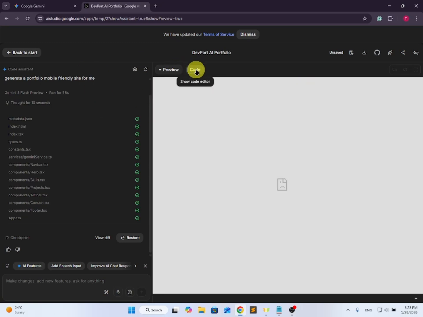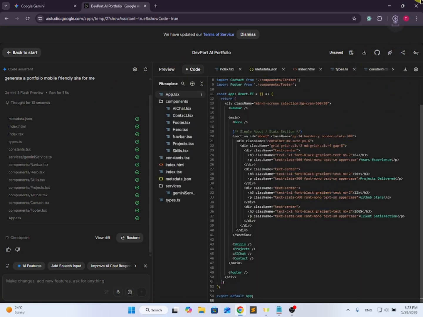Okay, so that's it guys. Now we can also download this, and if you click download app, our project will be downloaded. Here you can see. So this is how you can use